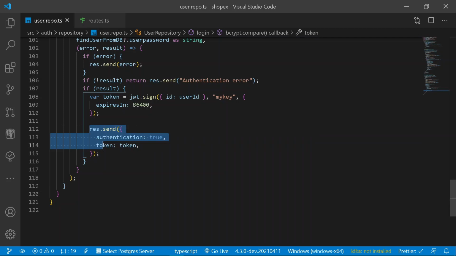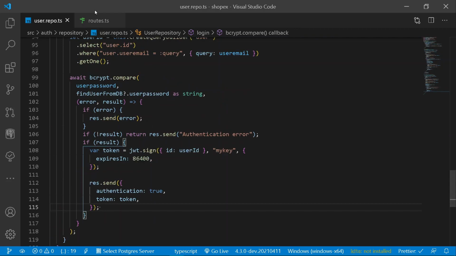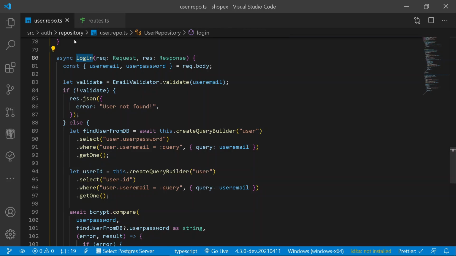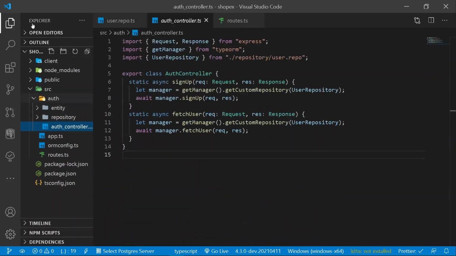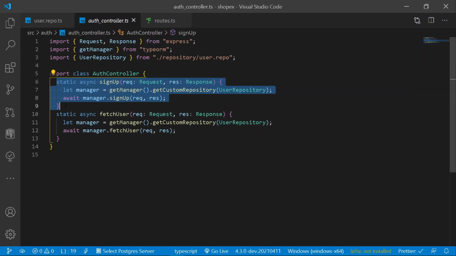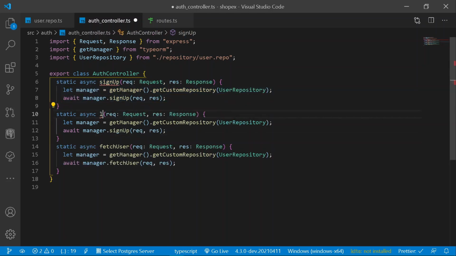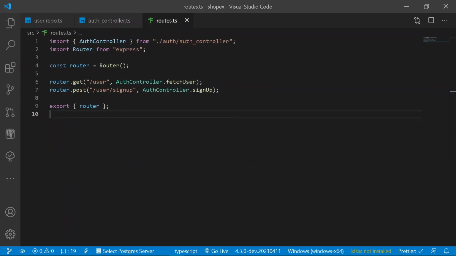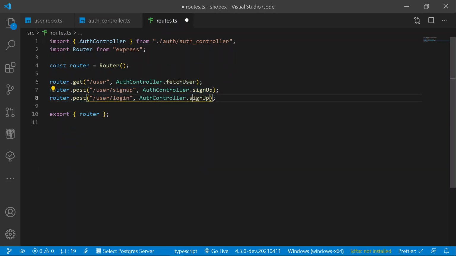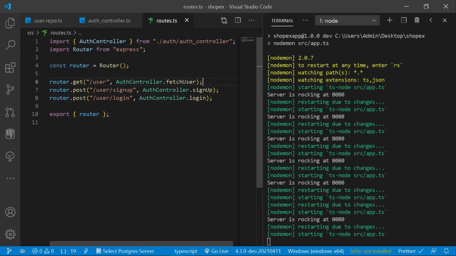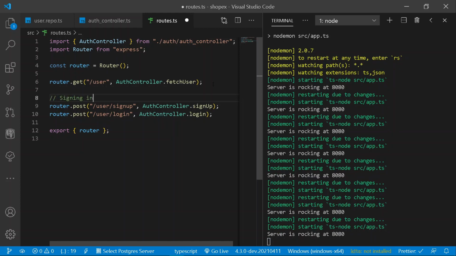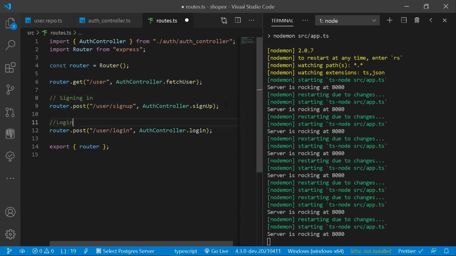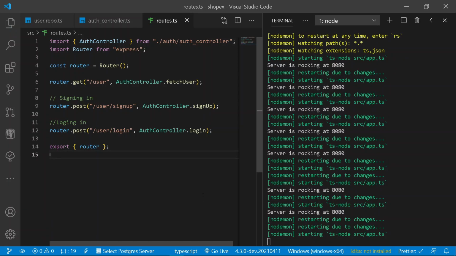So now let's try it out. For trying it out, we shall be creating a new route for our login purpose. But before that, we need to go under our controller and assign a new method for it. So let's copy our entire signup method and paste it here. But here let's have a new method of login, and also a login under the case of manager. Now let's go under routes and add a new route. Here I should be adding a new route of login and also a login. Format document first, and now let's try it out. But before that, let's add some comments of signing in and also of logging in. Cool. So now let's finally try it out.